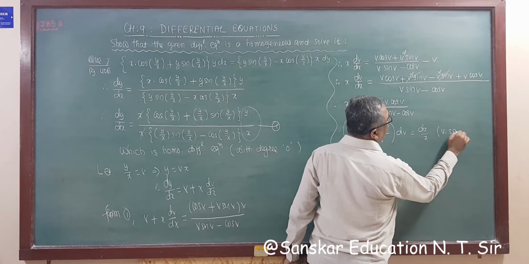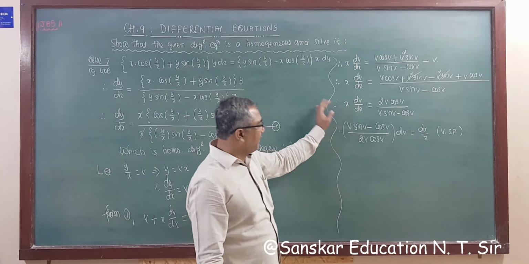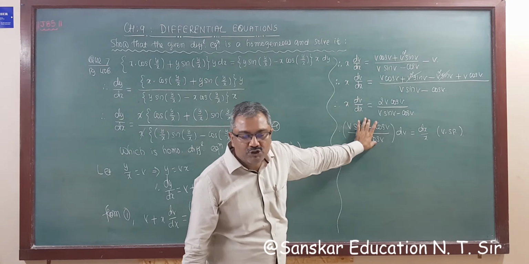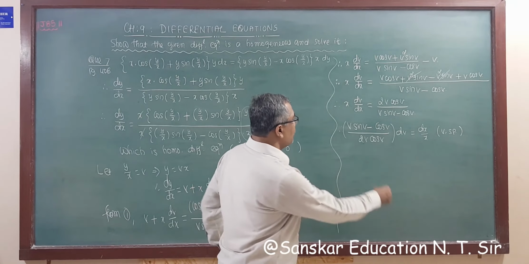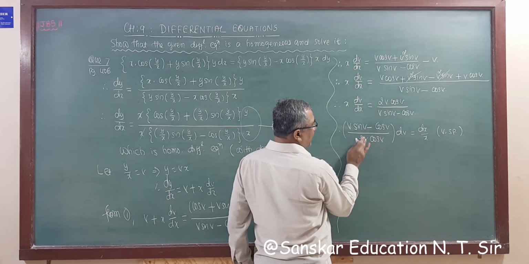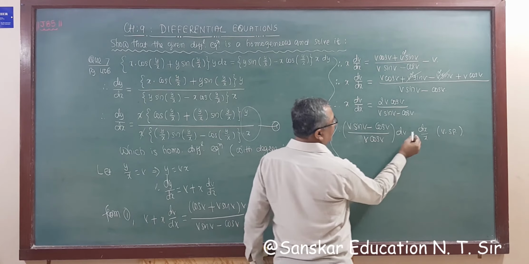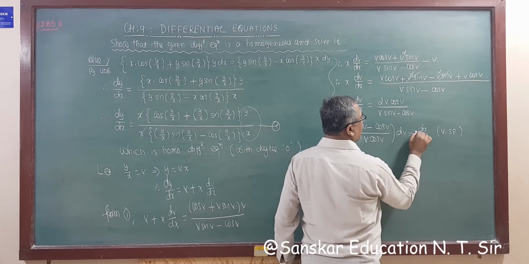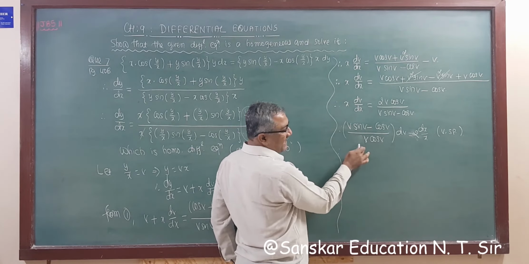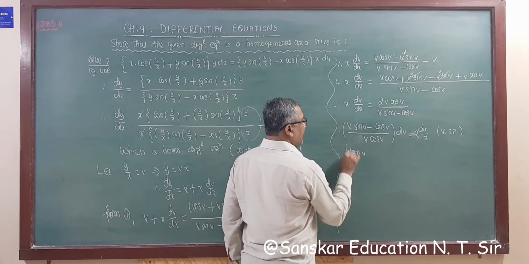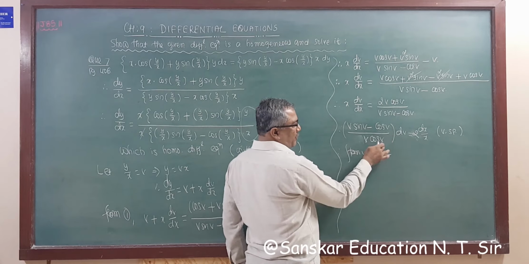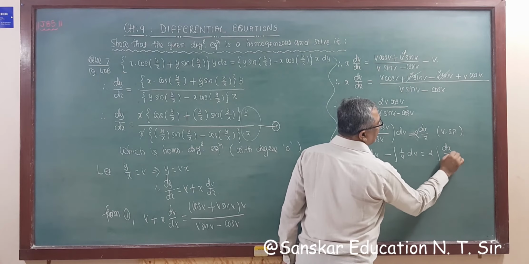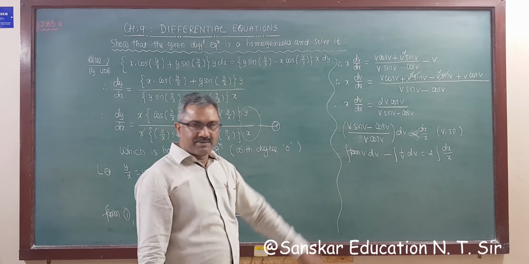This is variable separable, and integrating this, if we take separate, then v cancels. What we get? 1 upon 2 tan v, right? So either you can keep 2 here, no need to take 1 upon 2. Keep 2 as it is here. This is in multiplication. So 2 as it is here. So we get v cancel, this is tan v, right? And integration dv minus cos v cancel, integration 1 upon v dv is equal to 2 times integration dx by x. I'm reducing steps now.